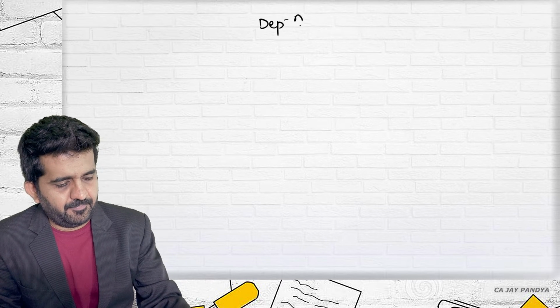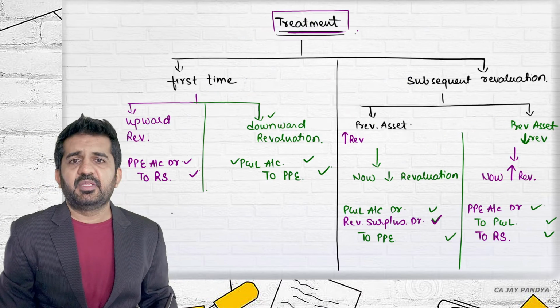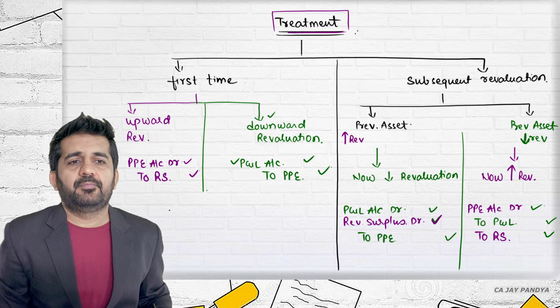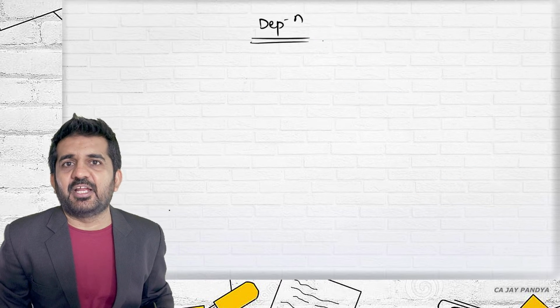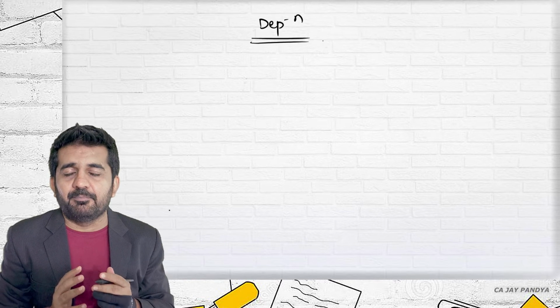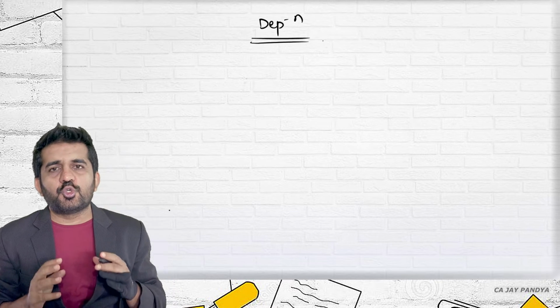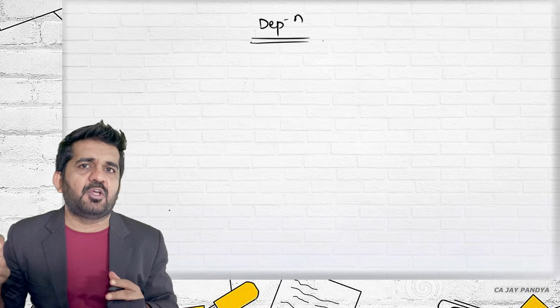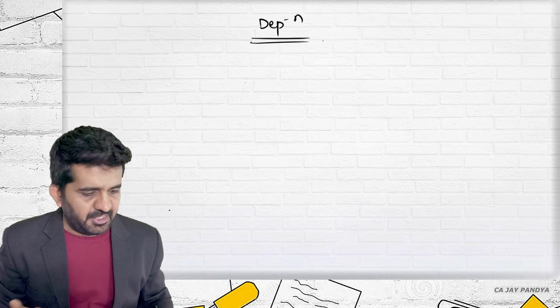We are going to the next point, your favorite point, which is depreciation. Before going to depreciation, anyone having doubt in revaluation? I hope you have also understood why we revalue the asset. I told you the size of the balance sheet should look big. If the business is carrying an asset of 50 crore rupees, even if the book value is 10 rupees, then showing 50 crore rupees on asset side and 50 crore rupees on liability side gives a true and fair view to the readers of financial statement.